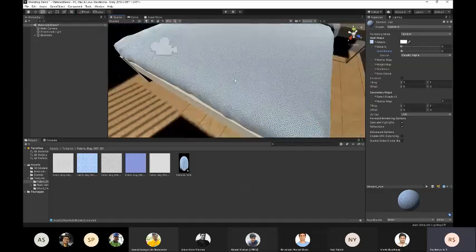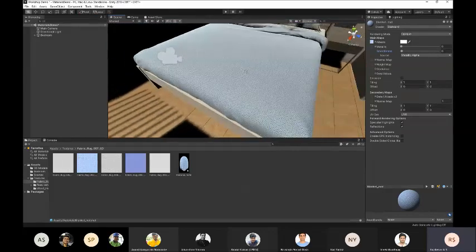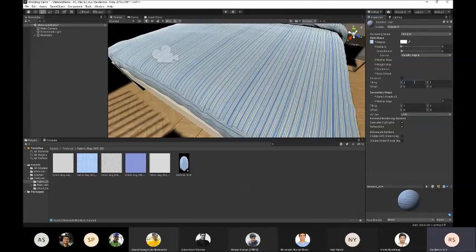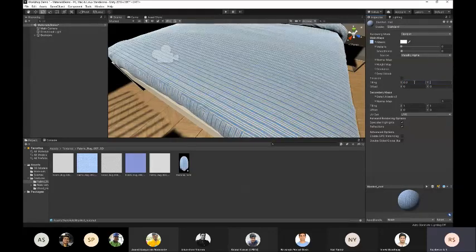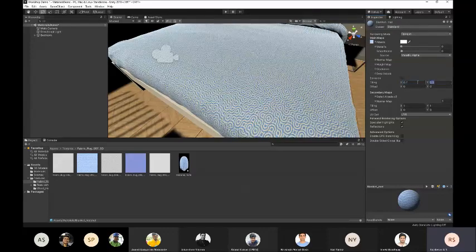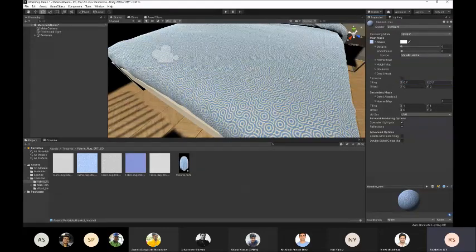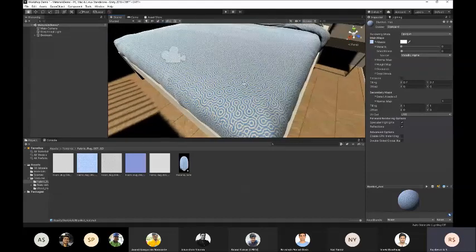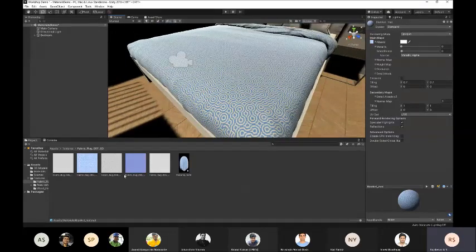I feel this texture is very small. So what if I want to increase the size of this texture? You can do that as well. Something called tiling. So reduce the tile if you want to make it bigger. So I made it 0.9 and 0.9. I'll try 0.7. Now my texture looks a bit bigger. It looks much neater.